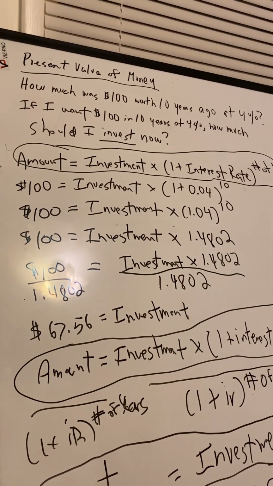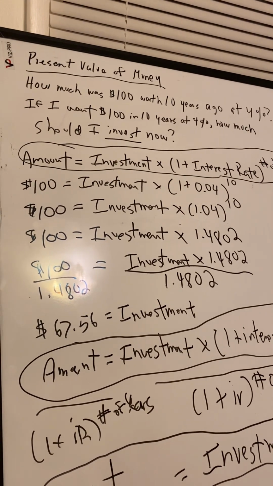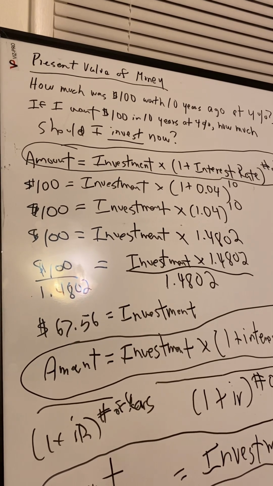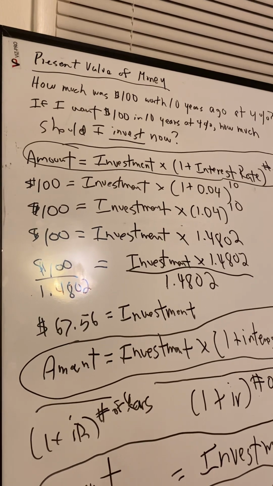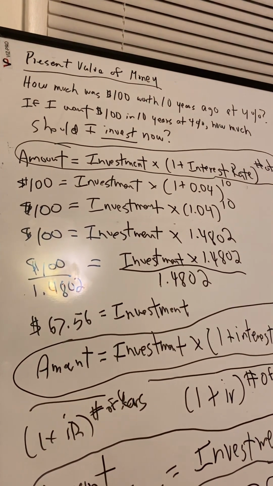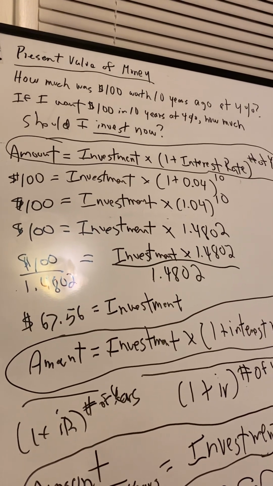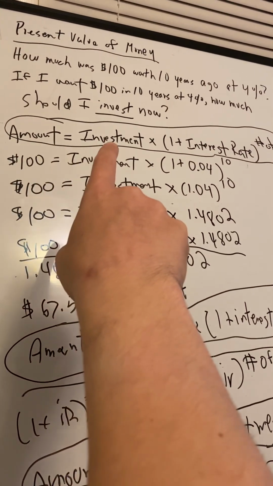Okay, so now we're going to look at the present value of money. Before, when we were looking at the future value of money, we were looking at an initial investment of $100, and we wanted to see how much money we would have after 10 years, where we used a percentage interest rate of 4%. And what we saw was when we did that, we used the formula amount equals the investment,